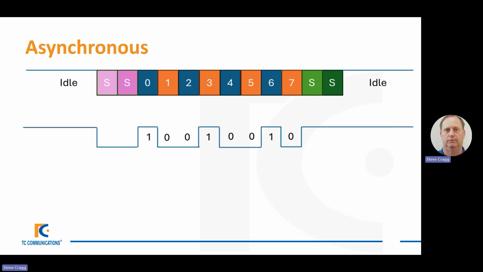Now, this example is going to be a little extreme just to demonstrate the point. But we can see here, up here, that this was meant to be sending at a known rate. And I'm going to say that this is a little bit slow, slower than was expected. So the data that was sent here is 1001, 0010,